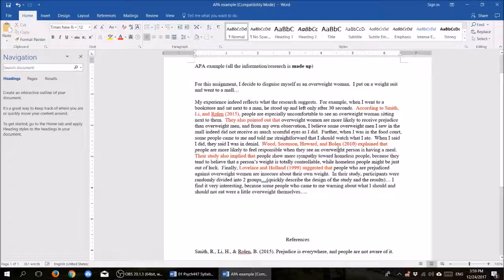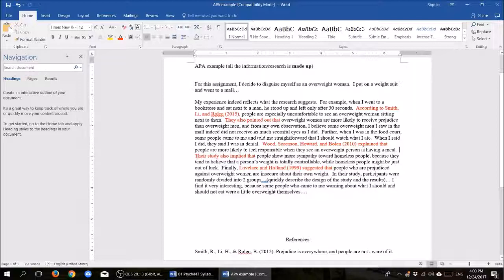Alright, so now she cited another study. And you can see last names and then the year. And then this is the keyword, explained that. And there are a lot of words that you can use. You can say suggested, implied, pointed out. So that's why I say there are tons of ways to cite a study. Okay. Alright, so that people are more likely to feel responsible when they see an overweight person having a meal. I wonder if it's true or not. I just made it up. But